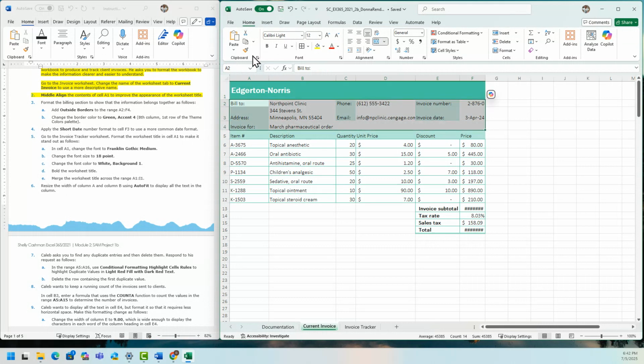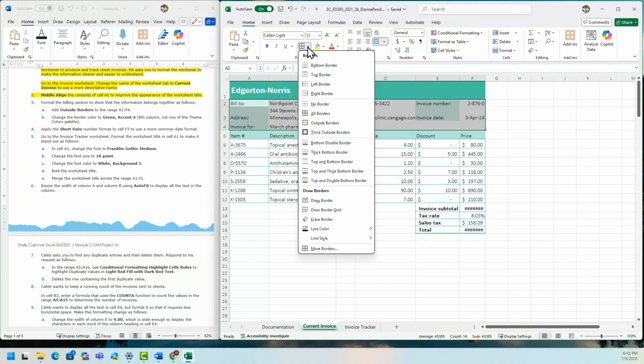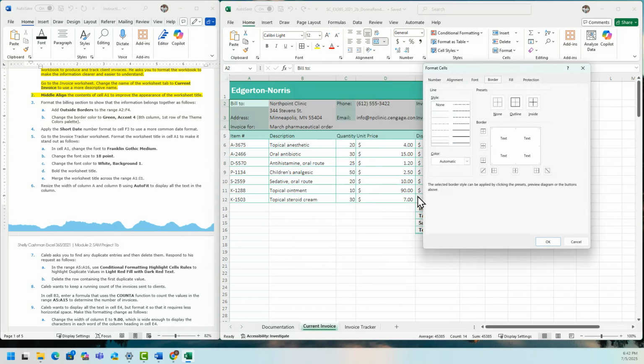Okay, and then the outside border is under the font group, and scroll down to the outside border, or you can also go to more borders. So under border, you're going to select the top line, the left, the right, and the bottom borders.